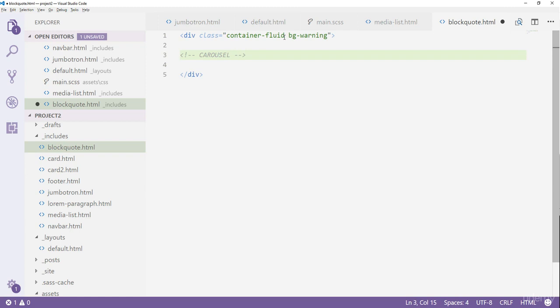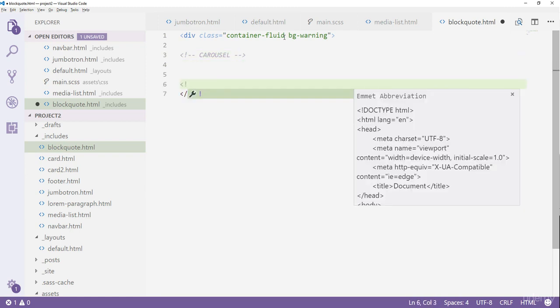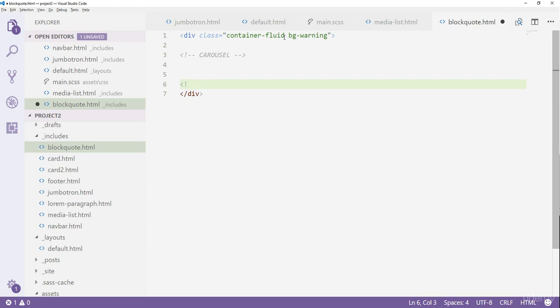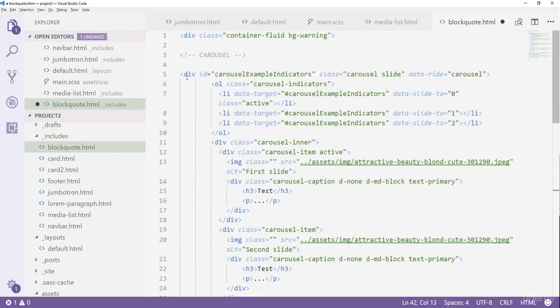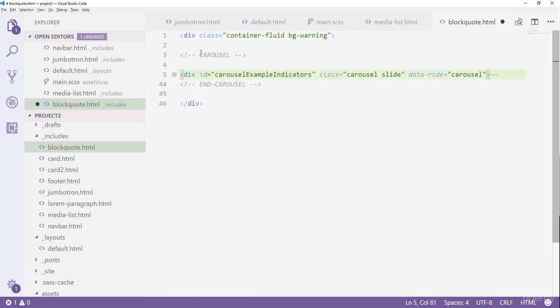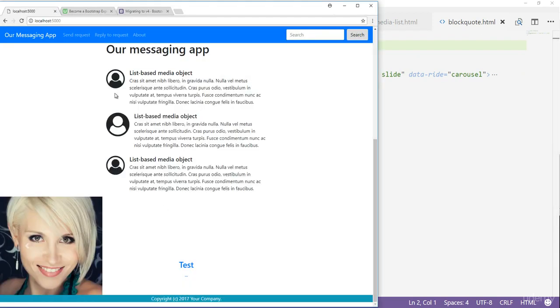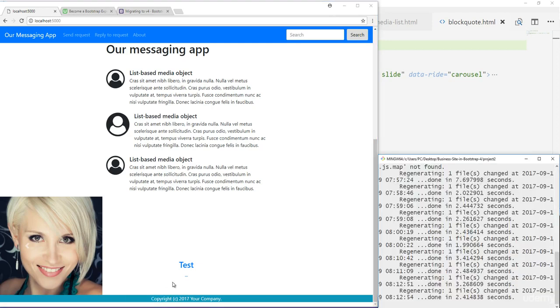And back here, I'm going to close the comment on the same line, and I'm going to give it another comment here, where I'm going to say end carousel. Okay, and in here, I'm going to paste in the code that I just cut. All right, so next, I'm going to press Ctrl S to save everything,